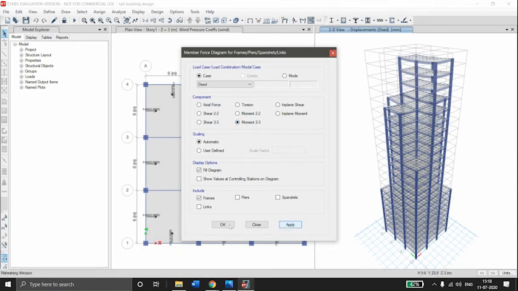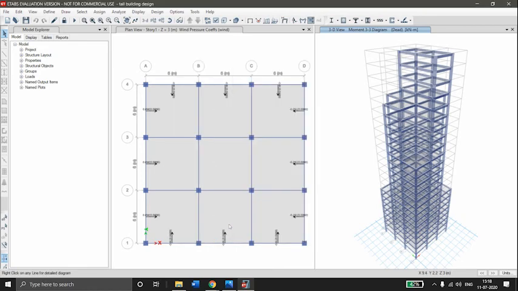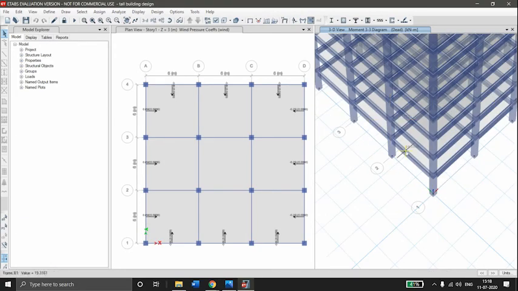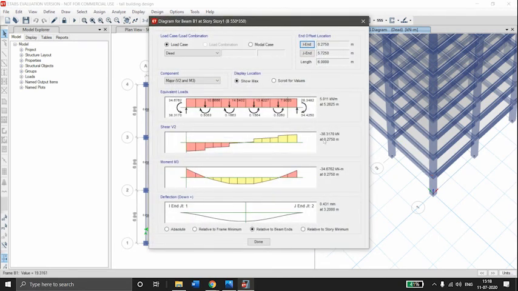Select apply and OK. Also you can check the various elements by right clicking, shear force and moment diagrams for those frame members.